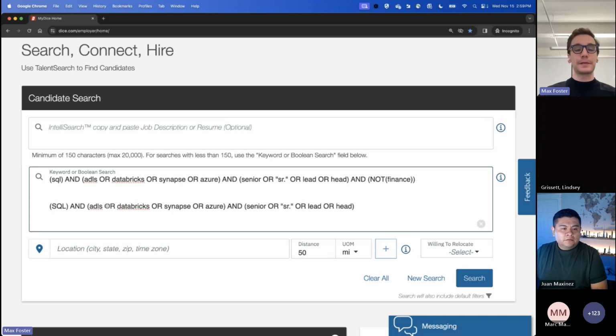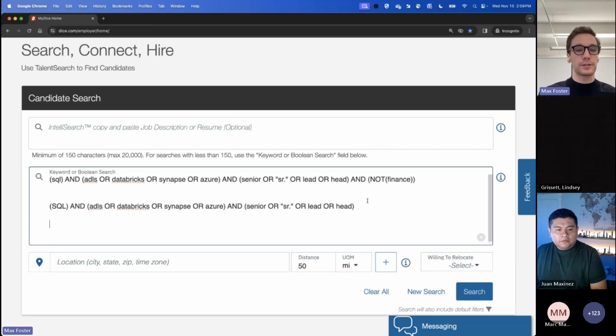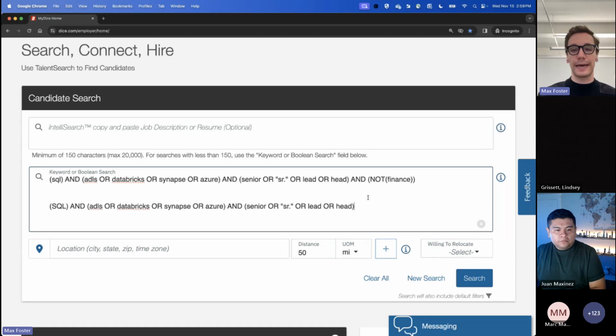Christine, great question. Capitalization does not matter at all in any way. You could retype this as lead or head. It doesn't matter. It's going to know to check for both letter types, so you don't need to worry about that. I simply type my Boolean in all caps like this, so it's easier to read and see and then rip apart. I could also do SQL in all lowercase like that, and that would be the same.